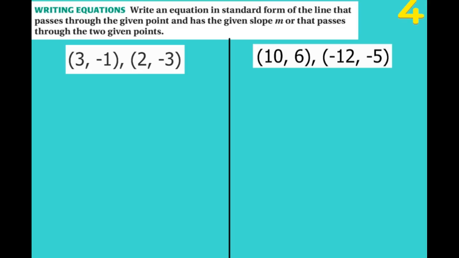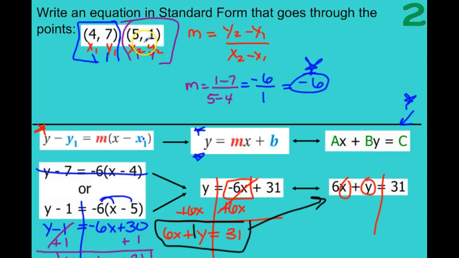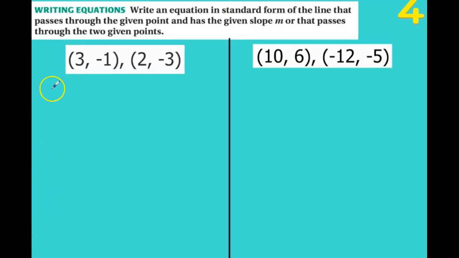These next two are exactly the same as what we did right here. We have 2 points. We need to take it through all 3 steps. We're just going to do so without all of the structure. So first I'm going to find my slope, y2 minus y1, over x2 minus x1. So xy first point, second point,